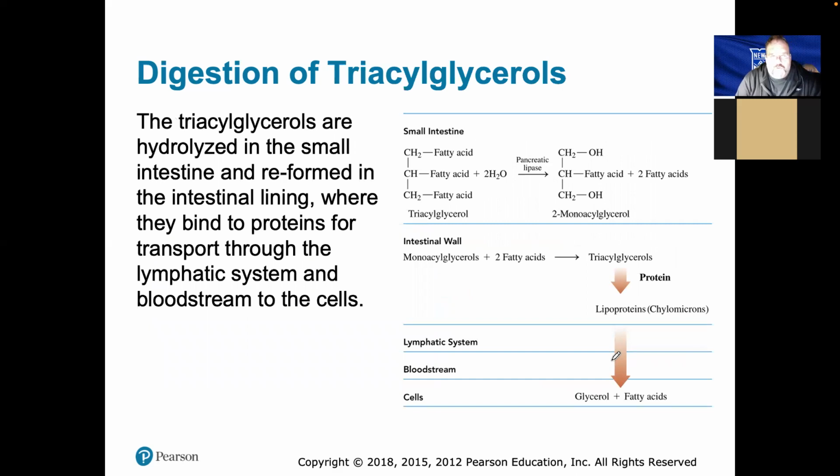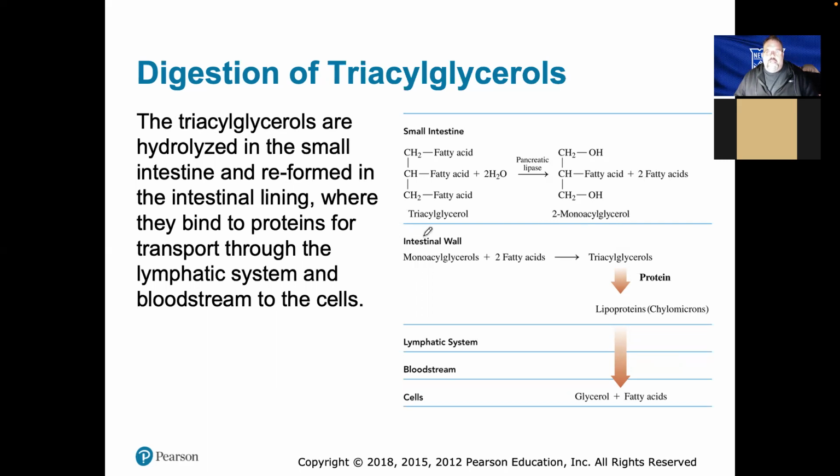The triacylglycerols are hydrolyzed in the small intestine and reformed in the intestinal lining, where they bind to proteins for transport through the lymphatic system and bloodstream to the cells. So you've got your triacylglycerol. In the small intestine, an enzyme known as pancreatic lipase will break down the triacylglycerol into what is known as 2-monoacylglycerol, because essentially you're going to have hydrolysis at 2 of the ester bonds to cleave off 2 of the fatty acids, leaving you with this structure, which is known as a